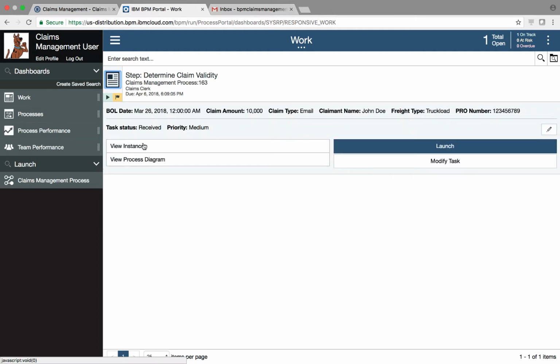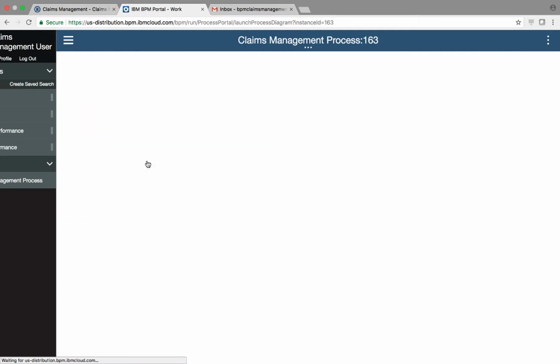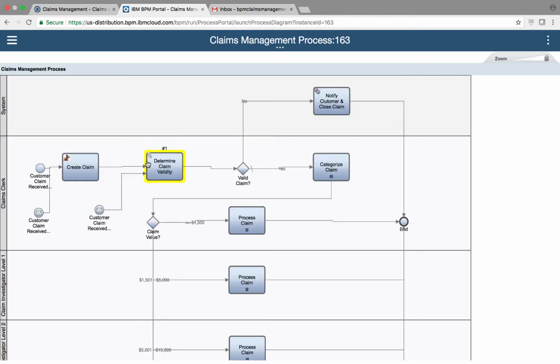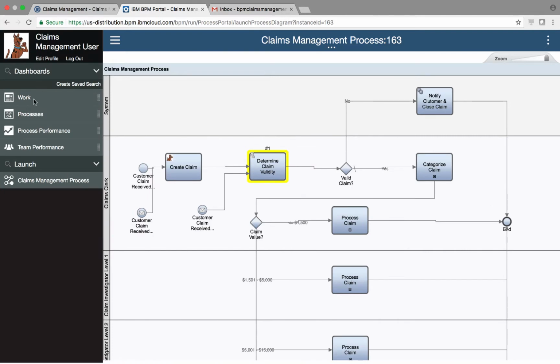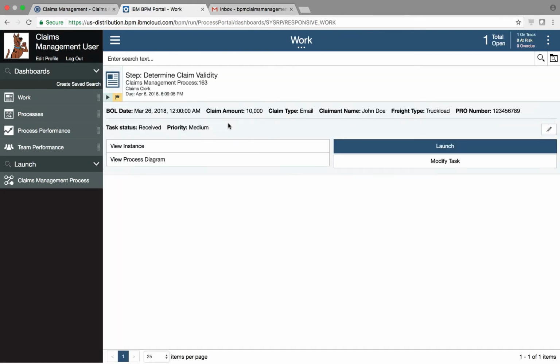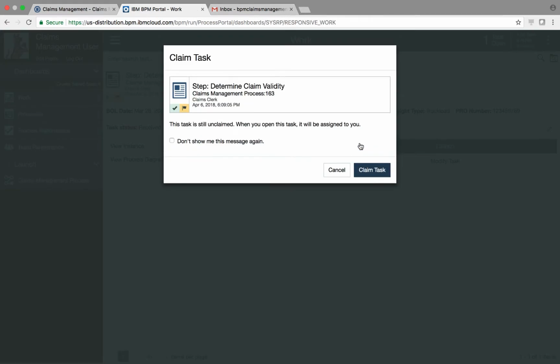We can click here and then view this in the process diagram. And BPM will pull back up our process diagram, and it'll show the first step was completed right there, and then we're right here, determine claim validity. So let's go ahead and complete this next step and see this continue to move throughout the process. So we'll head back to our work dashboard and we'll launch determine claim validity,